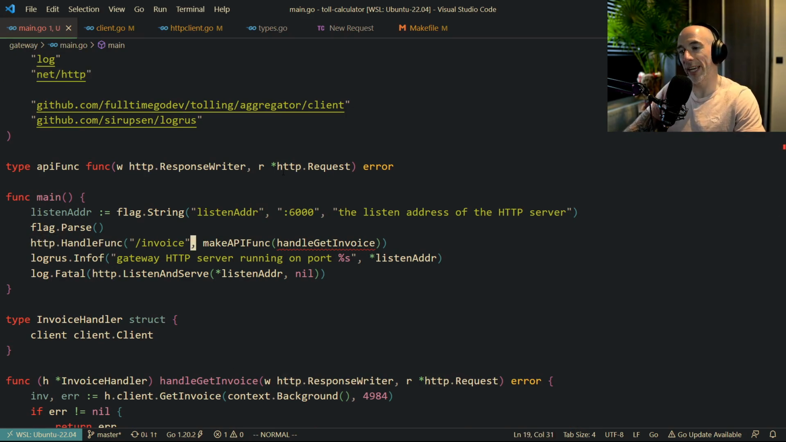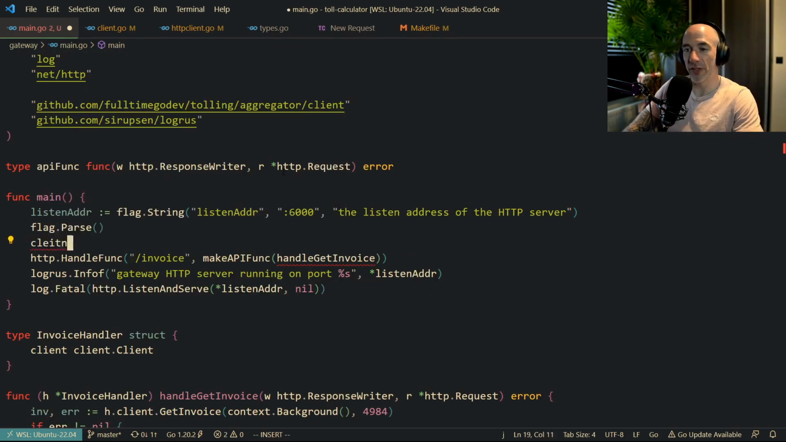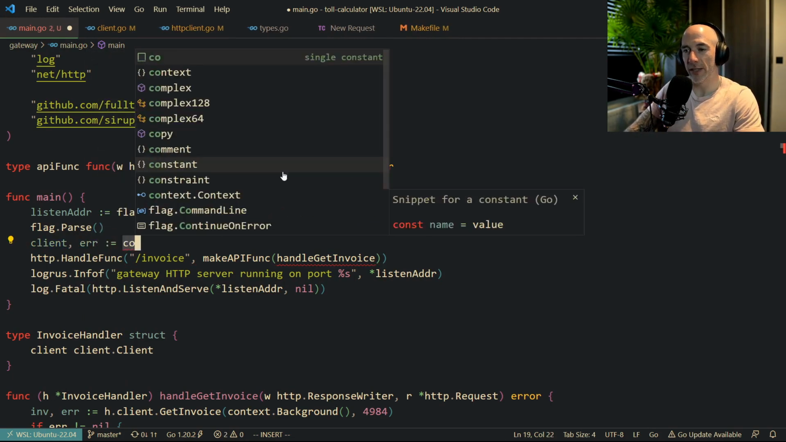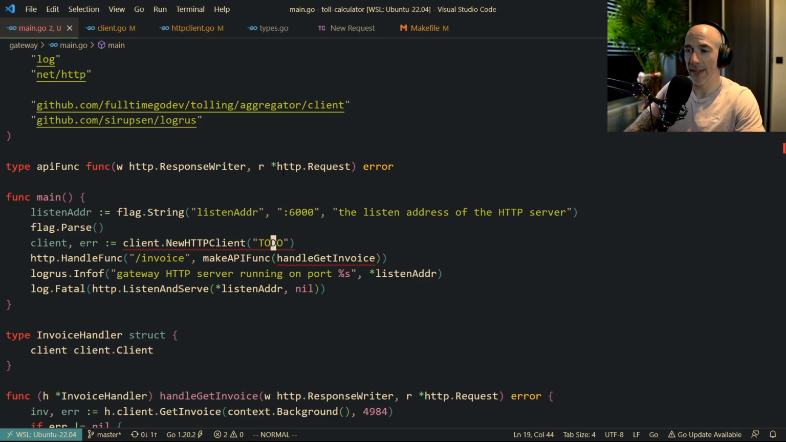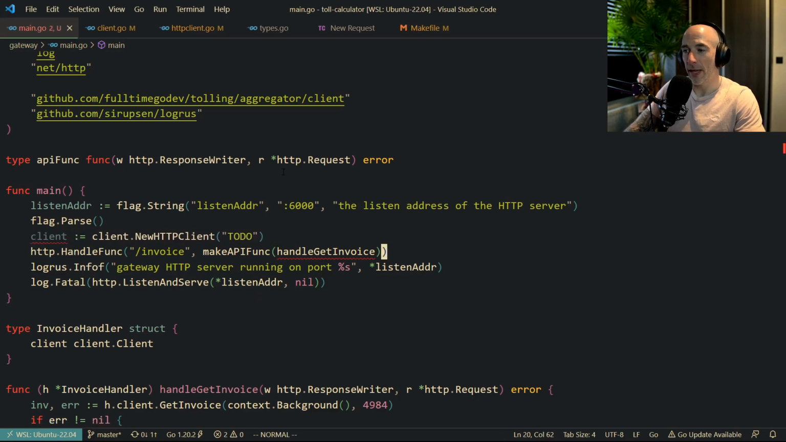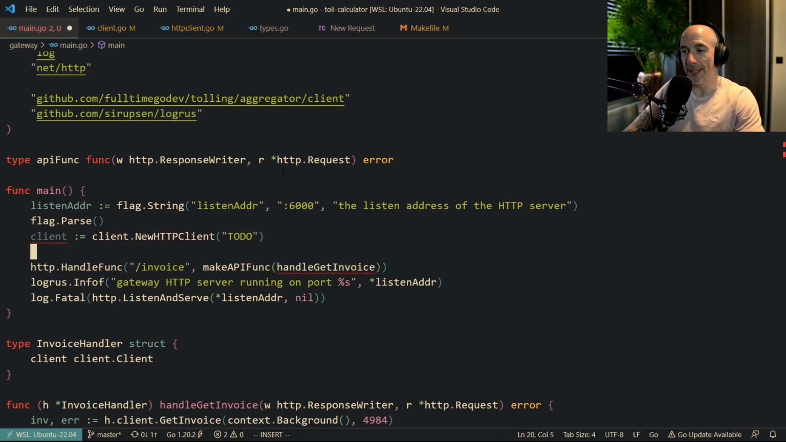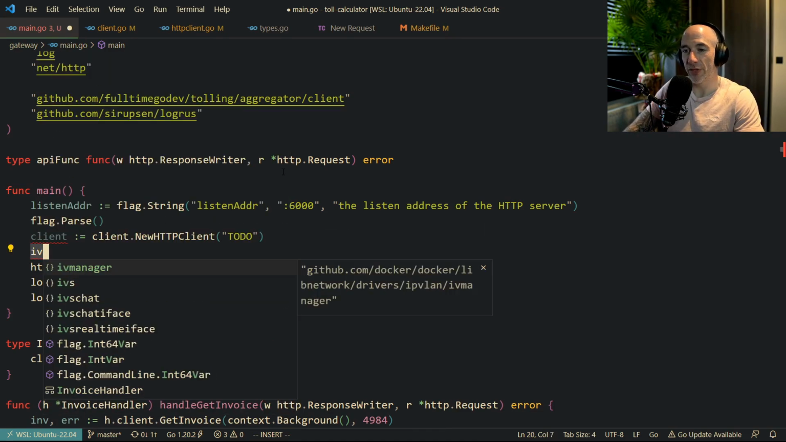First of all, we cannot call this handle get invoice because we need to make a client first. So we're going to say client. Do we need an error here? It's going to be client, new HTTP client. We need an endpoint. We could actually say to do because we don't care about that. I don't think it's going to return multiple things. One is fine. Then we're going to say here that the invoice